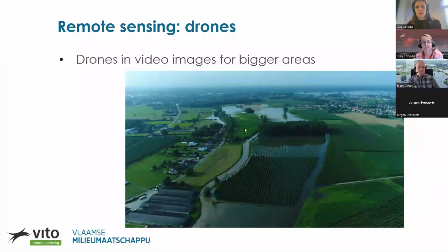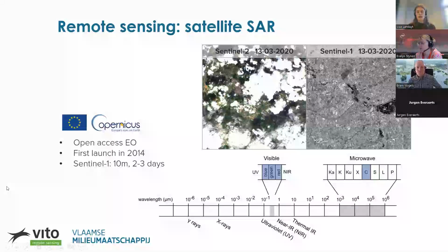Yes, indeed. Then we'll go over to a third source of remote sensing data, which are SAR, or synthetic aperture radar satellite data. For those of you who are not familiar with this type of data, SAR sensors are actually active sensors. Where the more familiar multispectral sensors use the energy of the sun to capture the amount of this energy that is reflected by the Earth's surface,